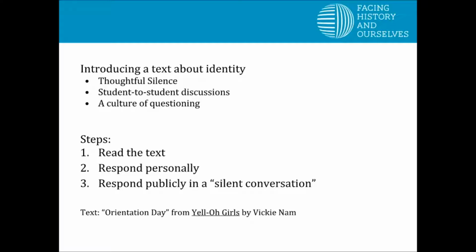But it gets a little more complicated than that. What we're going to do is an activity that we call big paper or silent conversation, and it's really a wonderful activity. It involves taking a text, a picture, any kind of thing you want students to investigate, and putting it in the center of either a big piece of chart paper or an 8.5 by 11 paper, depending on what you have around you, and you ask the students to silently have a conversation about that text with each other. You might give them question prompts, you might not, but the idea is that in silence they're going to write down their thinking, and as someone writes one thought, they might react to it and say, oh yes, I agree, that does sound like an interesting